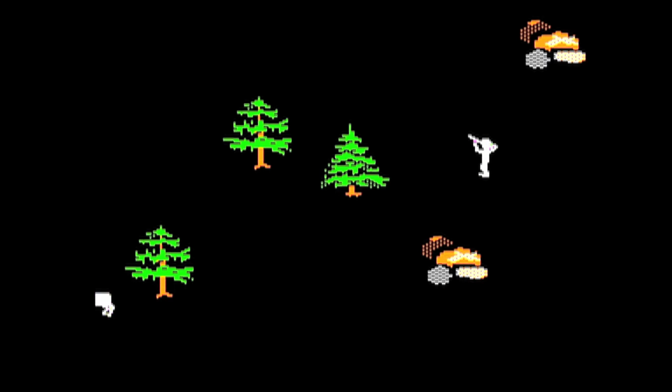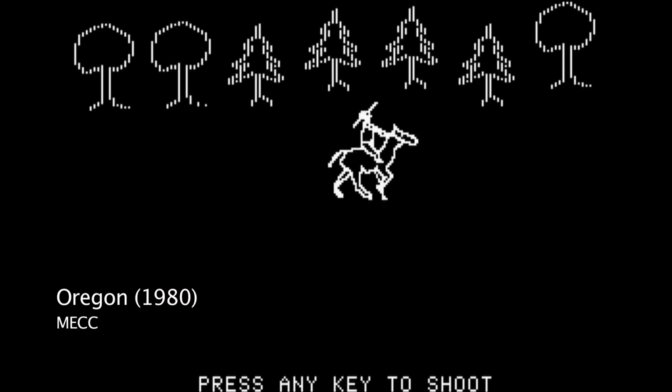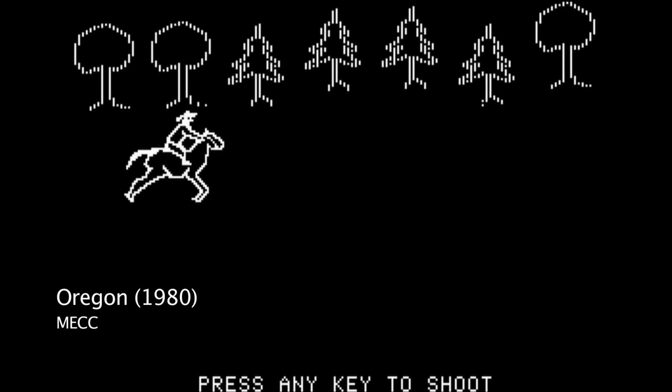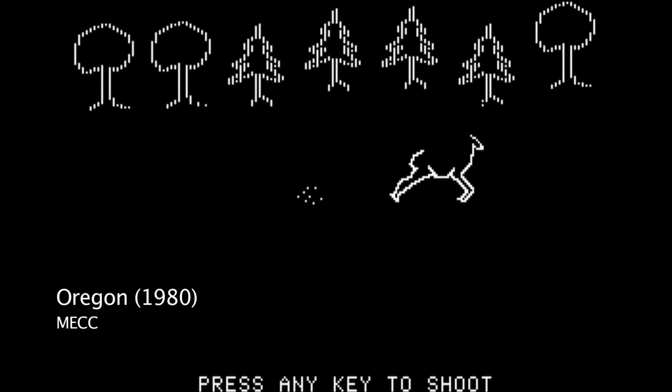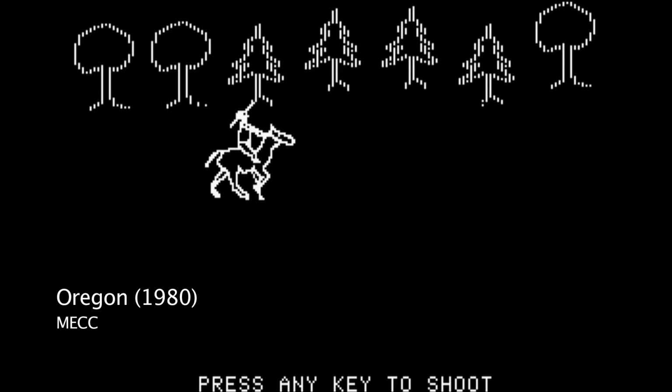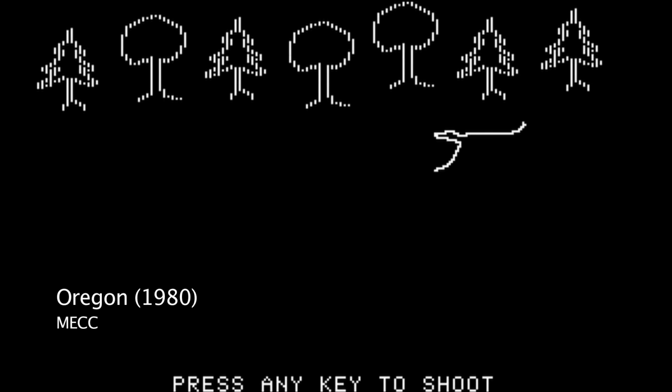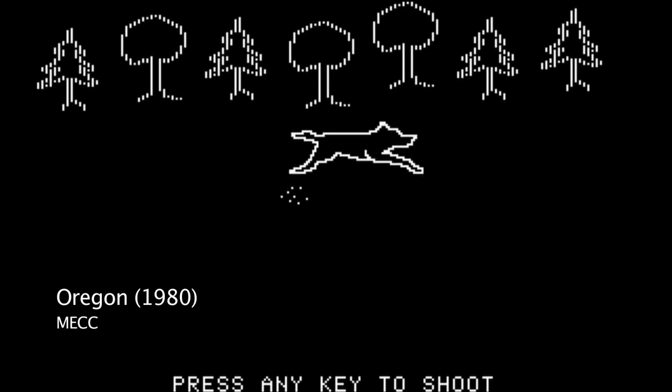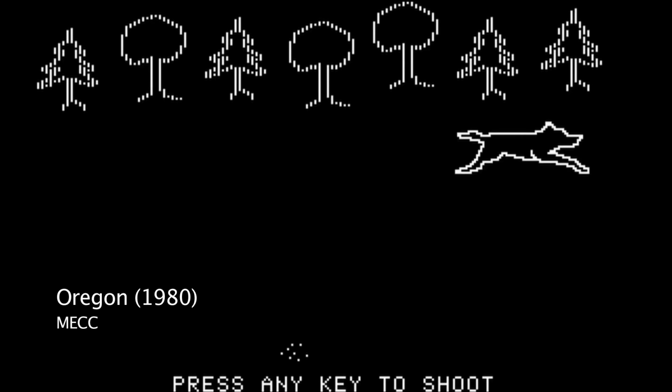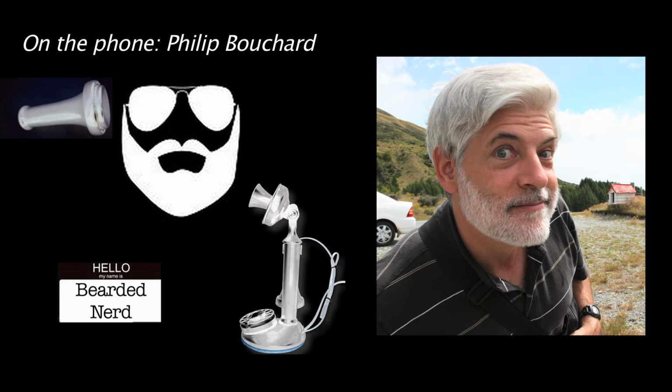Then when the first Apple version came out, it was still mostly a text game, but it had 2 places in the game where there were graphics. And one was a hunting game, where you could shoot at a slowly animated deer moving across the screen. They also had animated shooting at other things. You could shoot at a wolf who was attacking you, or you could shoot at bandits who were attacking you, or you could shoot at hostile riders who were attacking you. One of my decisions early on was I got rid of all these attacks and just kept the hunting aspect.